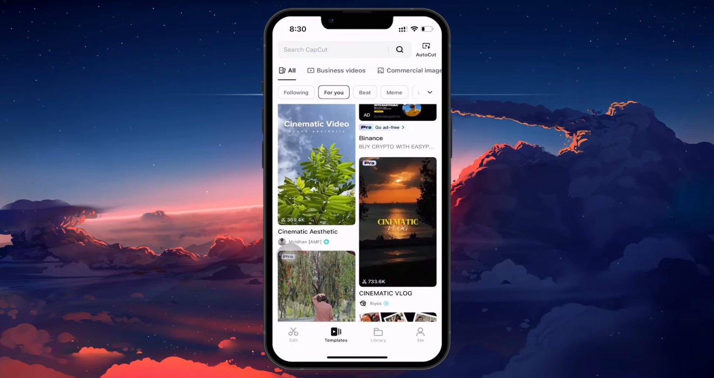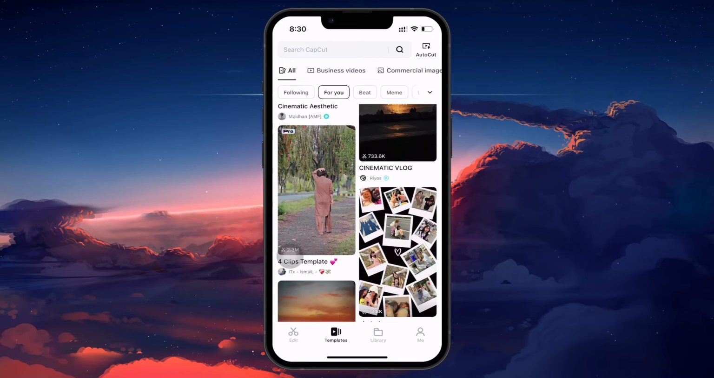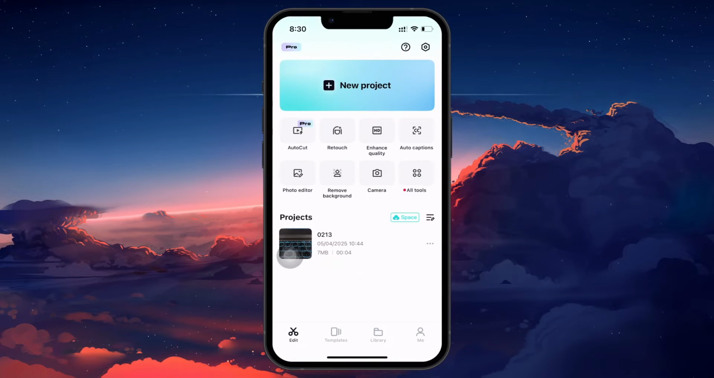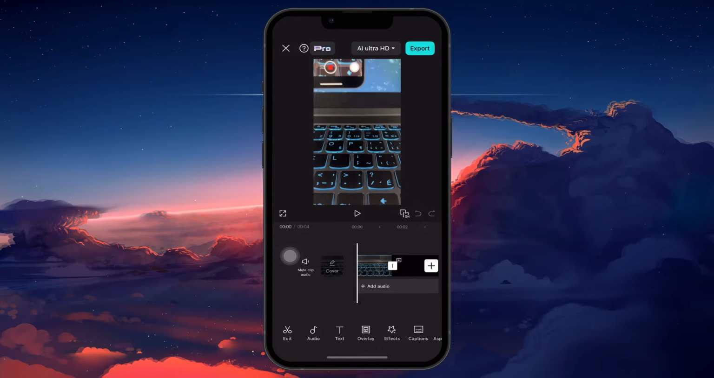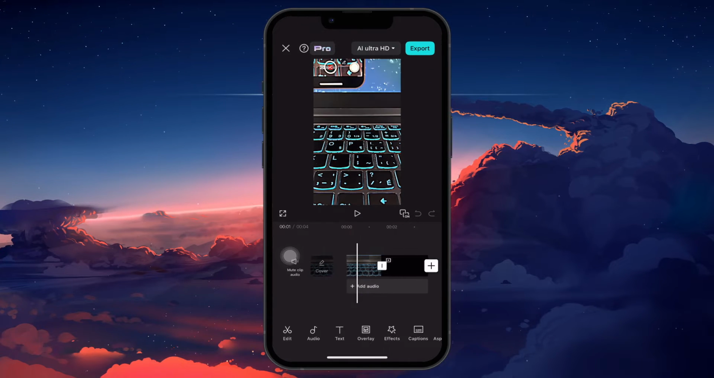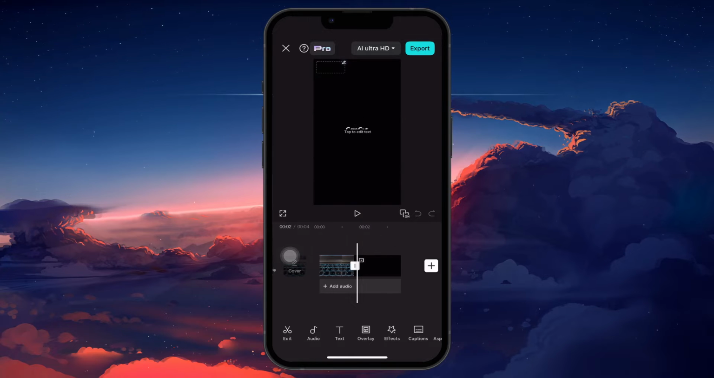First, open the CapCut app on your device. Tap on New Project to start a fresh edit, or open an existing project where you want to add music. Add any video clips you want to use in your project, and once you've set them up, you're ready to